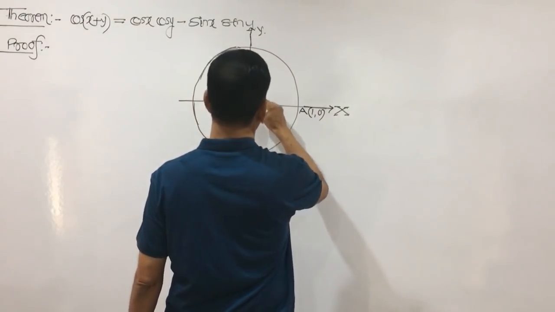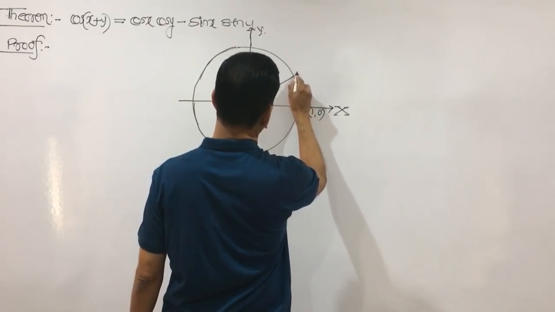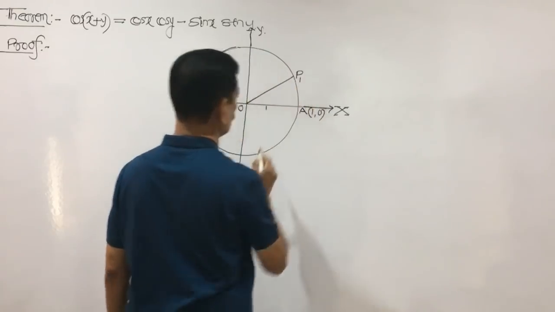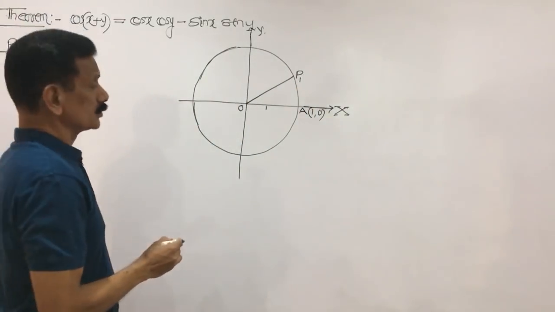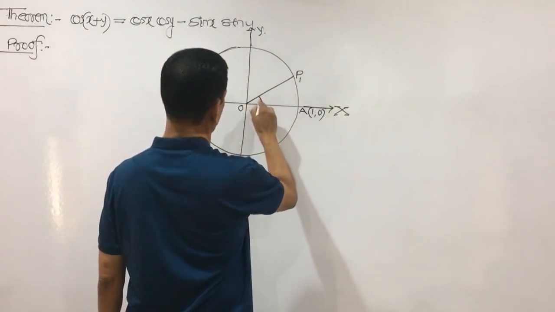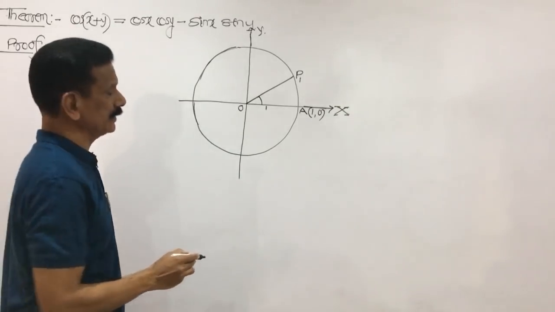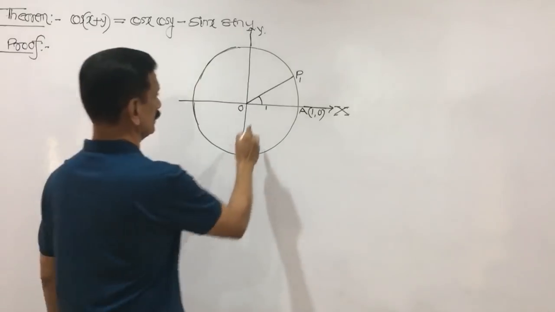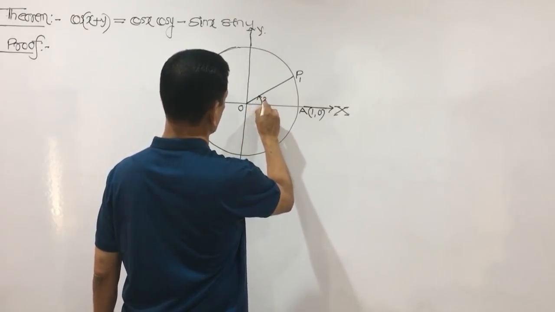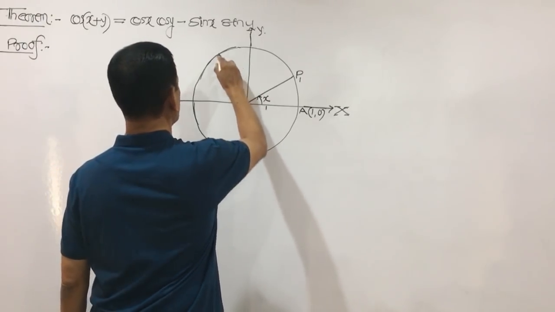Okay. So what I do, my dear friends, I take a point P. So P is a point taken. P1 I take, because many points we should take here, P1, P2 like that. So this angle I take as, look my dear friends, here a unit circle we have taken. So this length of the arc I have taken as x, means this angle is nothing but x radian.